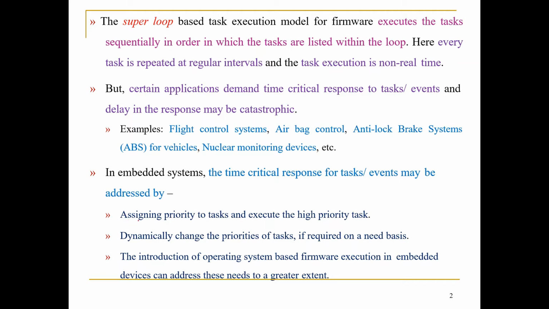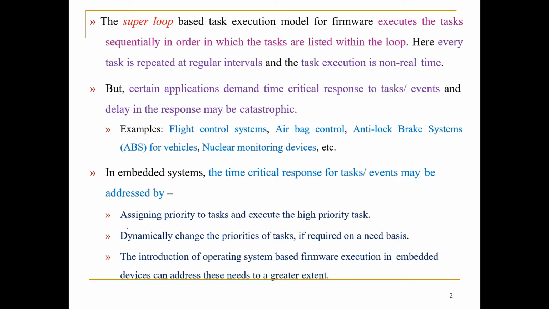First one is assigning priority to the task and executing the high priority task. Let me say that you have 5 tasks to be executed, out of which the 3rd task is very critical. Task 1, Task 2, Task 4 and Task 5 can be executed at any time, or may be non-deterministic. Whereas the 3rd task is very critical. So what you do is, you assign the priority to the 3rd task. You say that the 3rd task has got the highest priority and execute that task first.